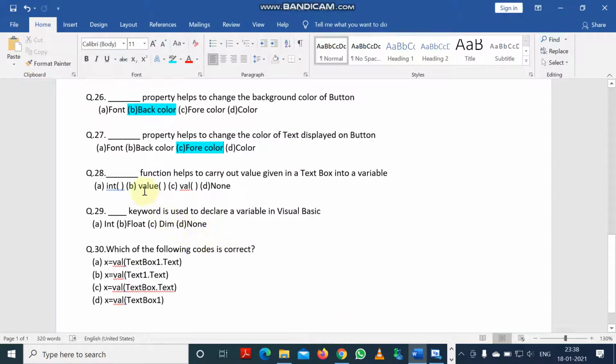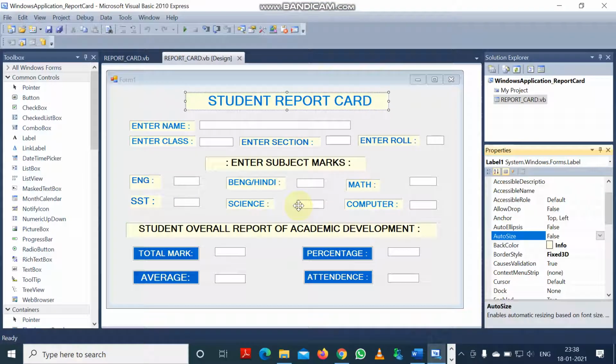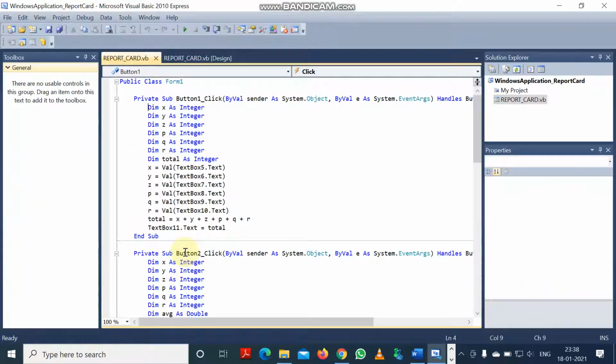Question number 28. Dash function helps to carry out the value given in the text box into a variable. The answer will be val, because the val function extracts the value given in the text box into a variable. Suppose these are the four buttons. I'm double clicking on any button, and you can see here the code. I've declared many variables.